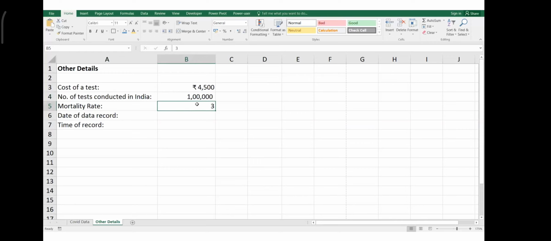Okay. Coming to mortality rate. So mortality rate could be in percentages. Simply writing 3 does not help the user understand if it's percentage, 3 as in the 3 people, what is the mortality rate, right? So there are 2 ways to write down your answer or this mortality rate as percentages. The simplest and the easiest way that I would recommend you all to use is typing in 3 and then percent. So once I hit enter, I go back to this, you can see that Excel has automatically recognized this